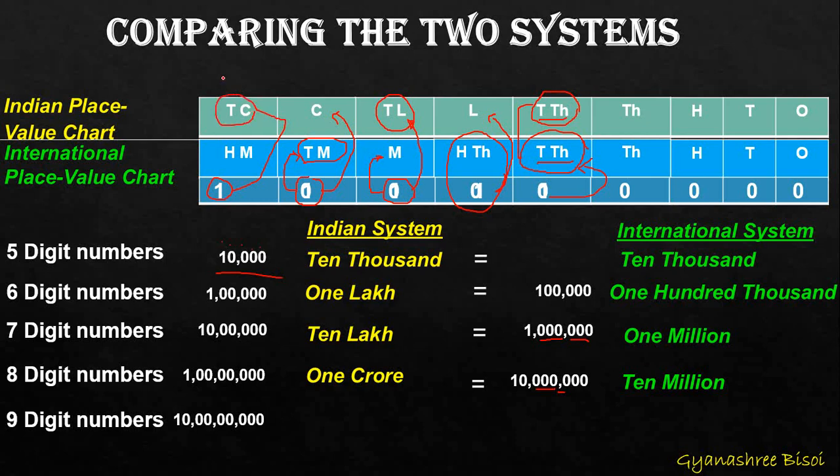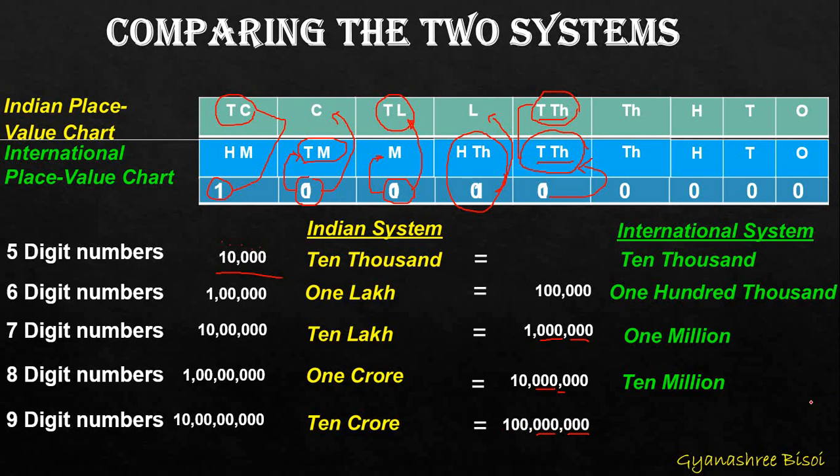How will you read this number? 1 is below 10 crore, so its place value is 1 tens are 10 crores, okay? Or 1 is below 10 crore, so I will read it like 10 crores. So I will write 10 crore according to the Indian place value system. That is equals to, in the international place value system, 1 followed by 8 zeros. So from the rightmost, I will leave 3 digits for ones period. Then I will put a comma. Then I will leave 3 digits for thousands period. Then I will put a comma. Then I have 3 digits.